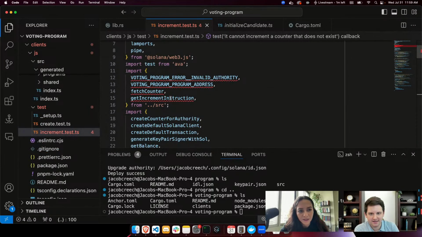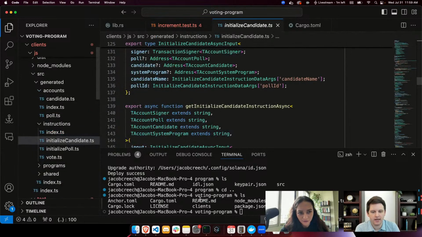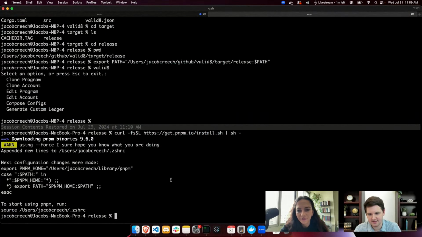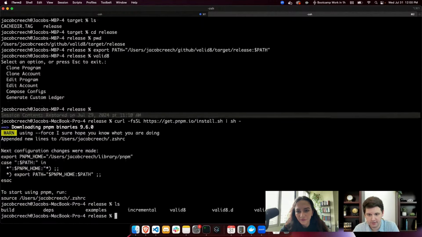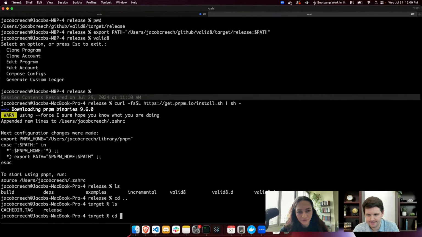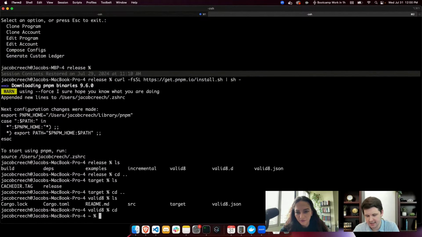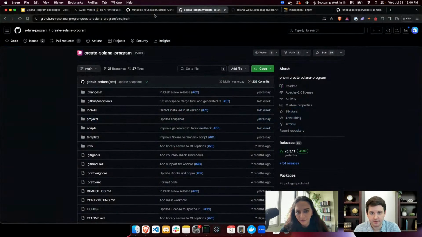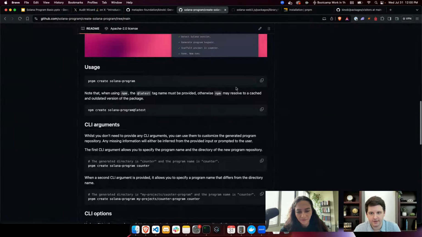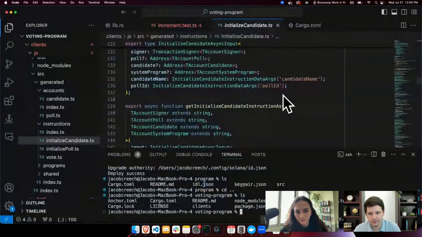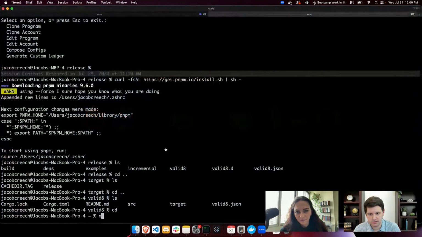All right. Wait, the spacebar turns what on and off? It's whenever we did the generator of the program, which makes sense. So when we did, let's see, where am I? Which is CD. When we did the PNPM, or let's just go through the motion of it again, just to make sure we understand what's going on. So when we did this,